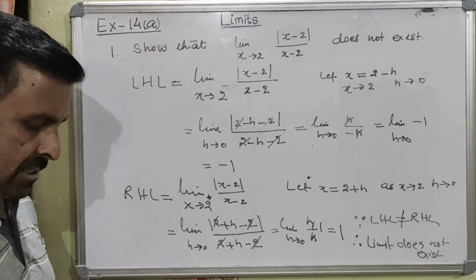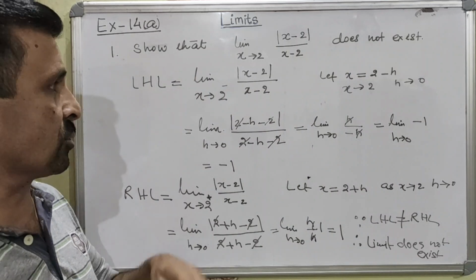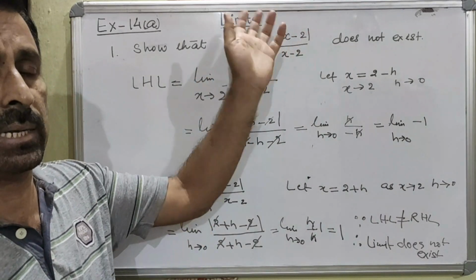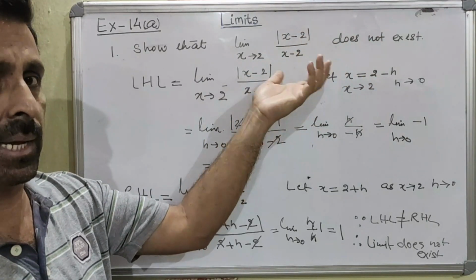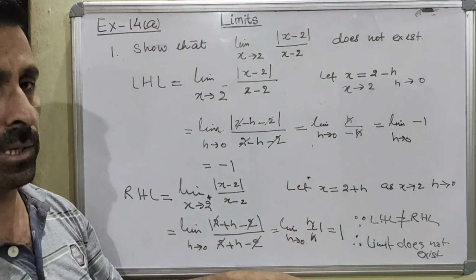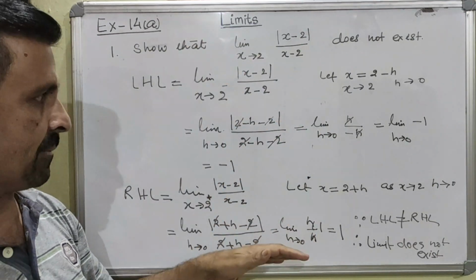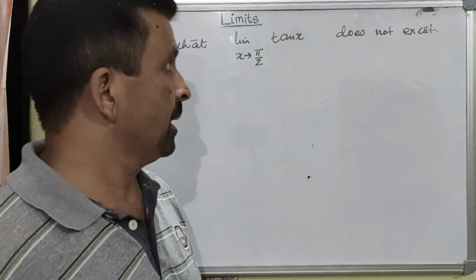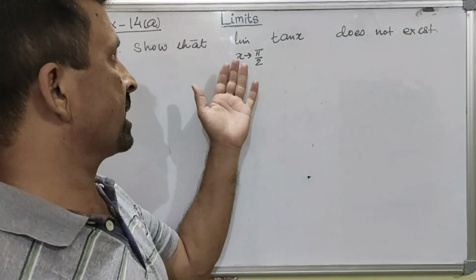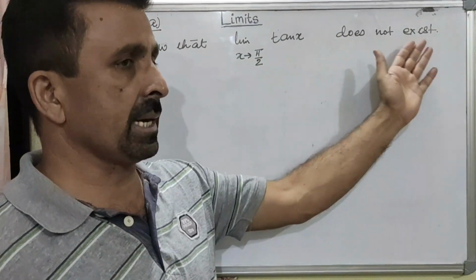Okay, so this will be the process when you are asked to prove that the limit exists or does not exist. If you are asked to calculate whether the limit exists or does not exist, then this will be the process. I will do a few more questions, after that it will be clear to you. Now we have a different function and the question is almost the same. Here the question is, show that this limit does not exist.